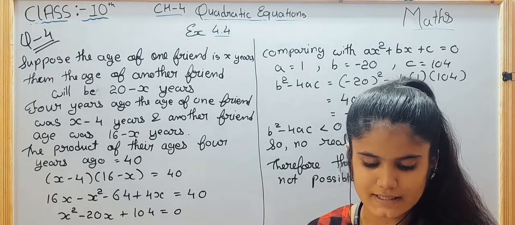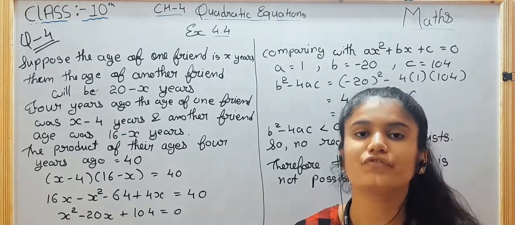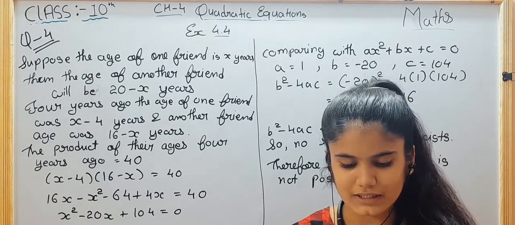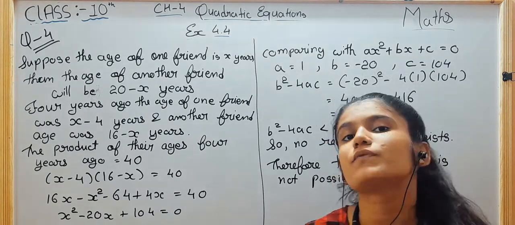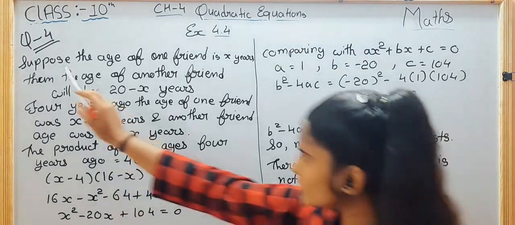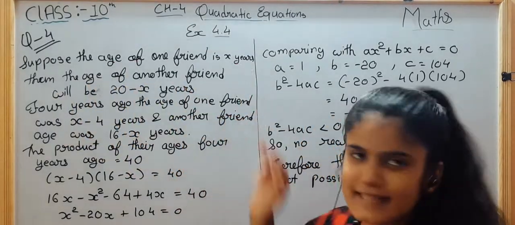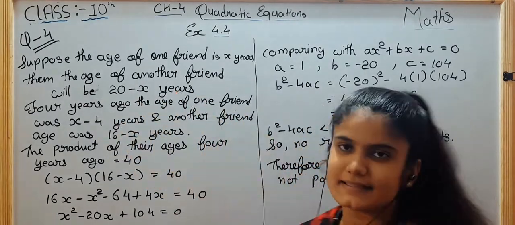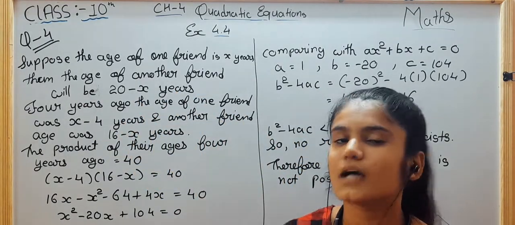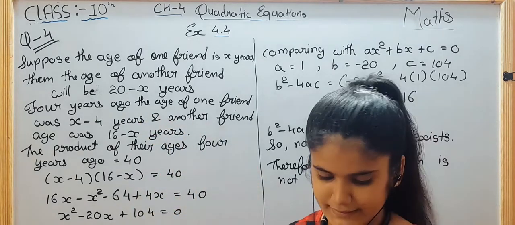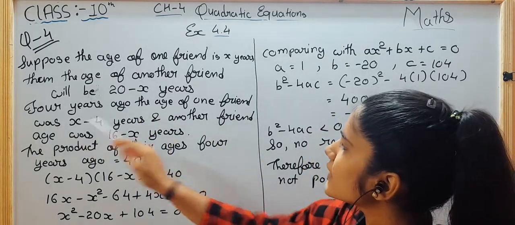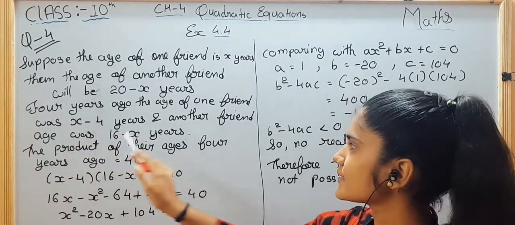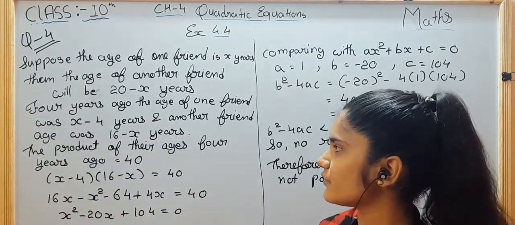The situation is given: the sum of the ages of two friends is 20 years. 4 years ago, the product of their ages in years was 48. Suppose the age of one friend is x years. Then the age of the other friend will be 20 minus x years, as the sum of both of them is given as 20. 4 years ago, the age of one friend was x minus 4 years and the other friend's age was